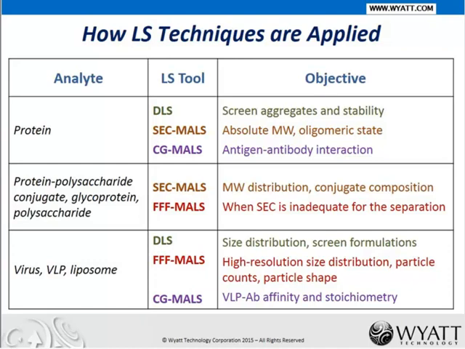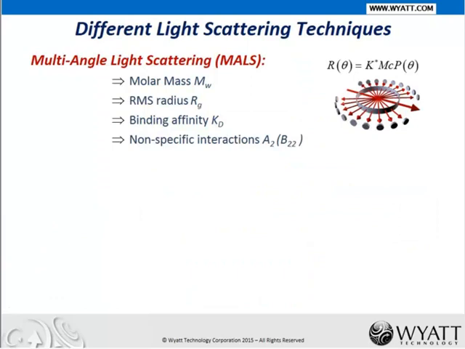CG-MALS can also be used to study the binding involving those nanoparticles, like the VLP with antibody, for the affinity and stoichiometry. Now I will give a brief introduction to three major light scattering techniques used for macromolecule and nanoparticle